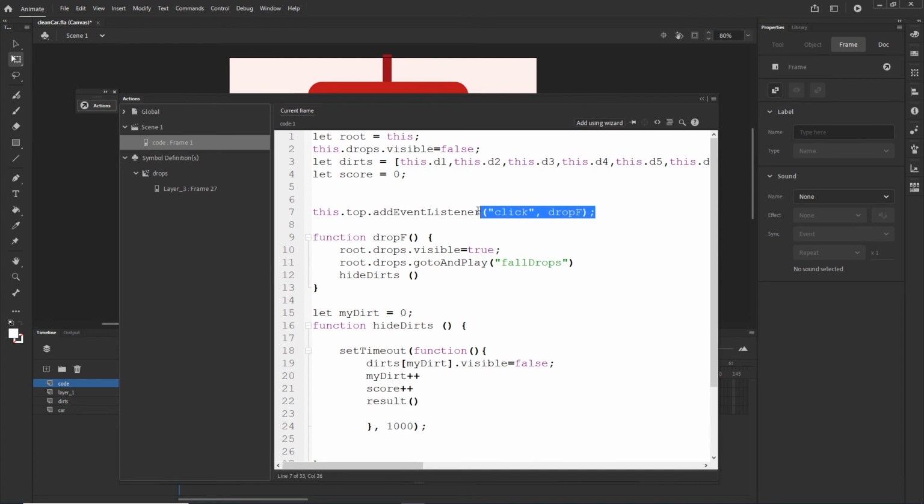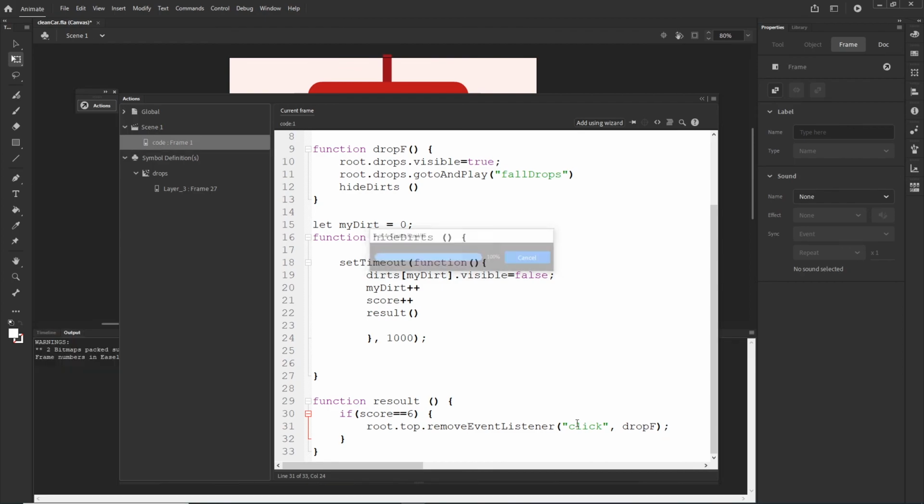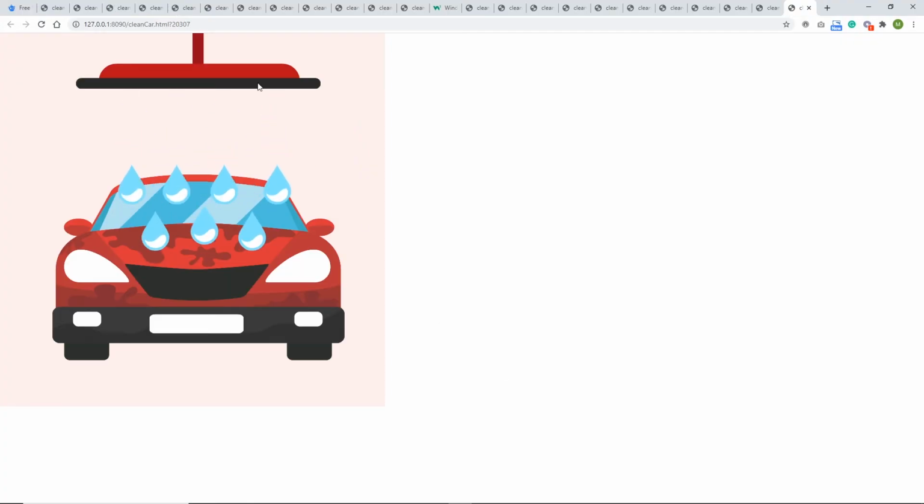So I can copy this, Ctrl C, and paste it in here, Ctrl V, and I will change this to root because we are in the function. So root top, and instead of add, I will type removeEventListener. So I will hit Ctrl Enter, and I will click, and if I write everything correctly, right now,